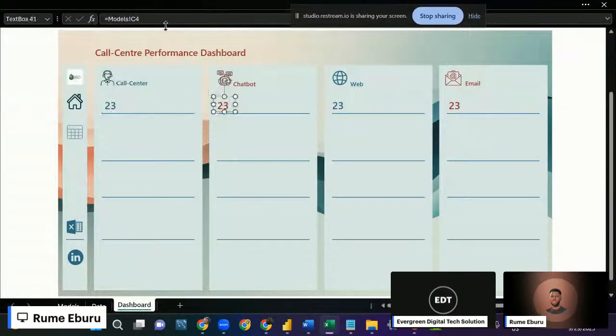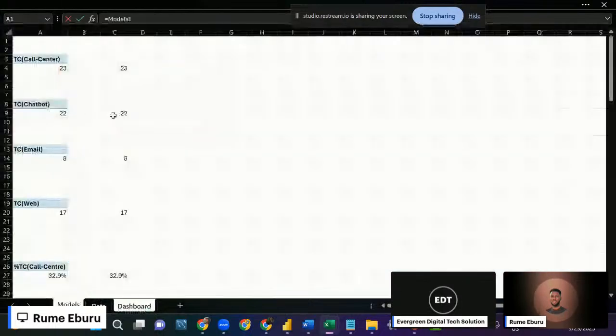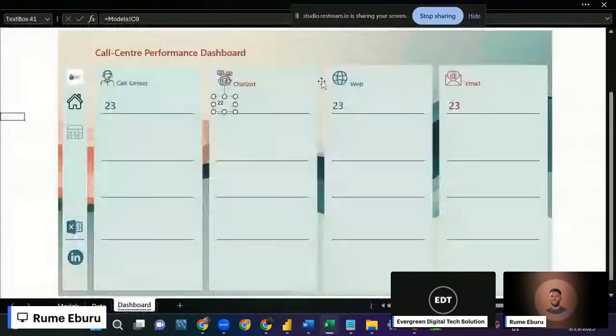So I'll click on this one, come to my formula bar, remove everything there, bring in an equals to, come to models. So this is for chatbot here. So I just click this, I click enter. So I have it there. I'll do the same thing for web as well. Just come here,